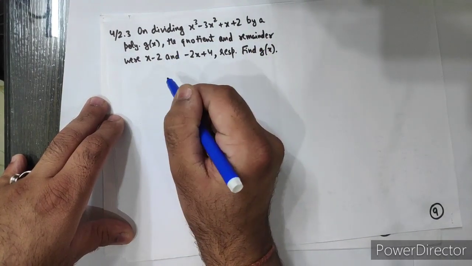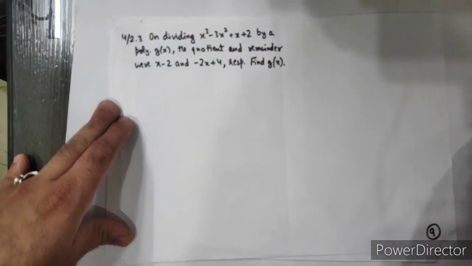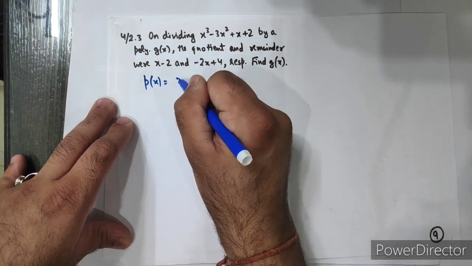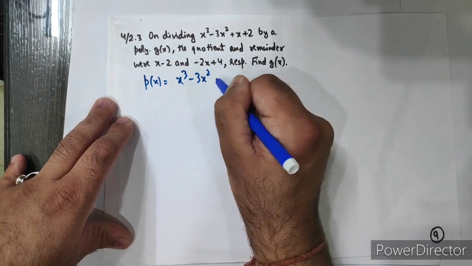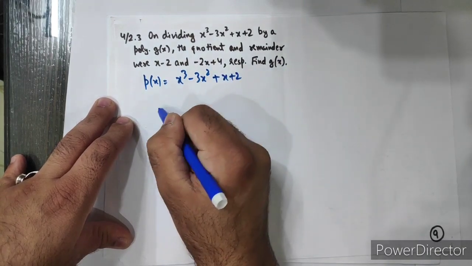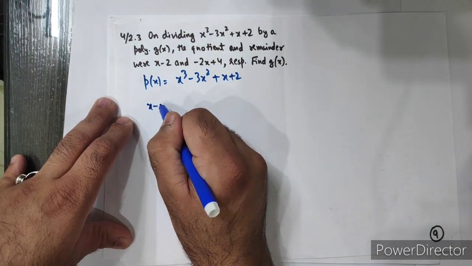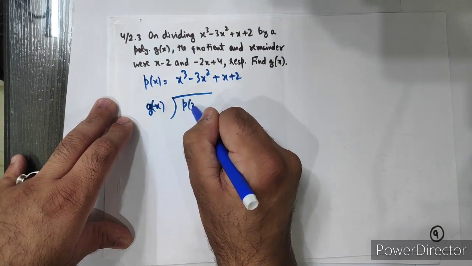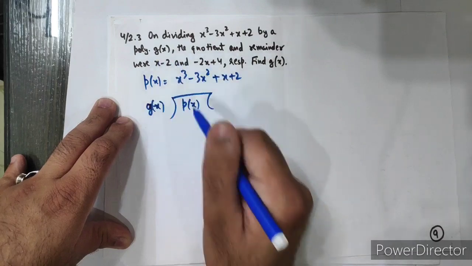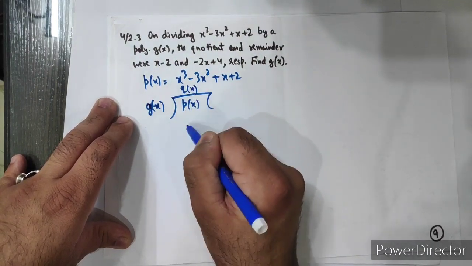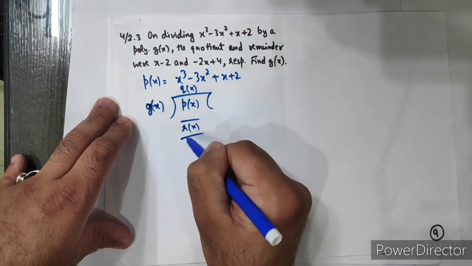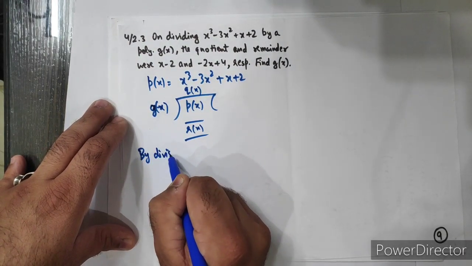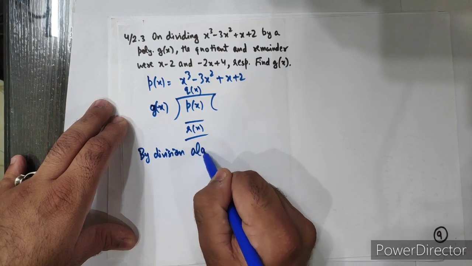So if we apply the division algorithm here, for applying it, let us write this polynomial as p(x). Okay, so p(x), क्या आ गया हमारे पास, this is p(x). Okay, so if we divide this by g(x), we are dividing the polynomial p(x) by g(x), the quotient and remainder are coming out to be like this. Okay, so we are given these values, q(x) and r(x) are given to us. Okay, so by applying the division algorithm here, what we are going to get,